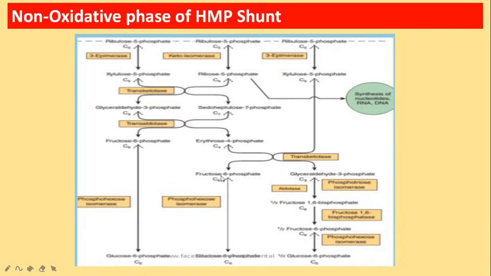These two molecules of fructose 6-phosphate in turn will undergo isomerization in the presence of the enzyme phosphohexose isomerase to be converted into glucose 6-phosphate. So as a result of this isomerization, we get two molecules of glucose 6-phosphate, and from glyceraldehyde 3-phosphate also we will get a molecule of glucose 6-phosphate. So we are getting back all the three molecules of glucose 6-phosphate in the non-oxidative phase. This will enter the glycolytic pathway for further oxidation.